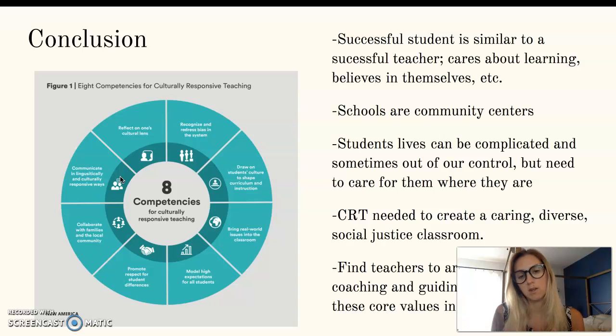It also had talked a lot about schools being community centers. So in talking about charter schools versus public schools, how are schools becoming a center? And again, that connects back to parent involvement. Is it an open place for discussion? Is it a place that parents are invested in and care about and look at as a resource, right? Students live complicated lives, right? There's so many other aspects that can contribute to this achievement gap.